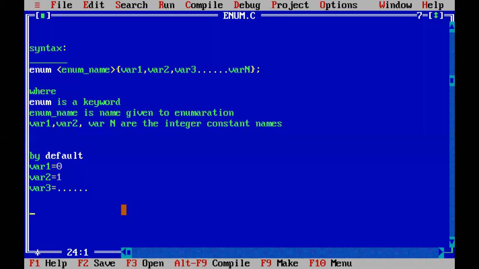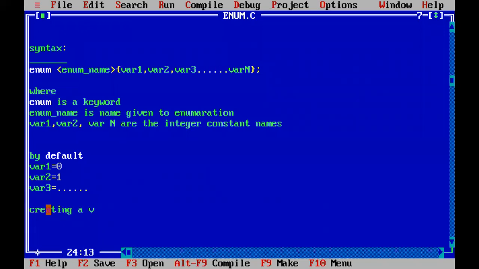So here also we have some syntax for creating the enumeration definition. And after the definition, we wrote syntax for creating the structure variable. So here also, after defining the enumeration definition with this syntax, next we have to create the variable for enumeration.